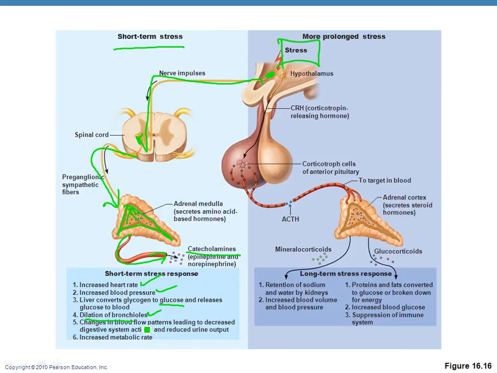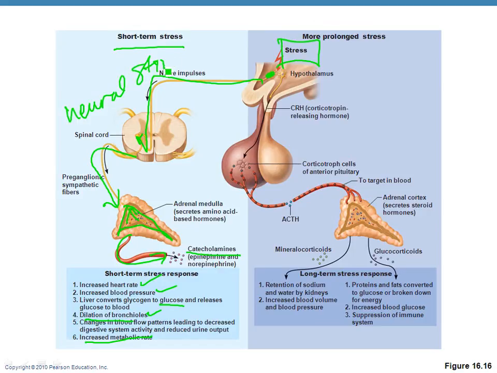It's going to change the blood flow patterns, get more blood flow to your brain, to your heart, to your skeletal muscles, and increase your metabolic rate. Increase the amount of glucose and oxygen you can turn into ATP. Do it faster, right? So this is an example of a direct neural